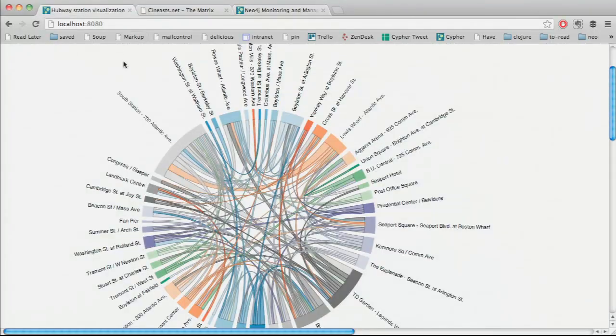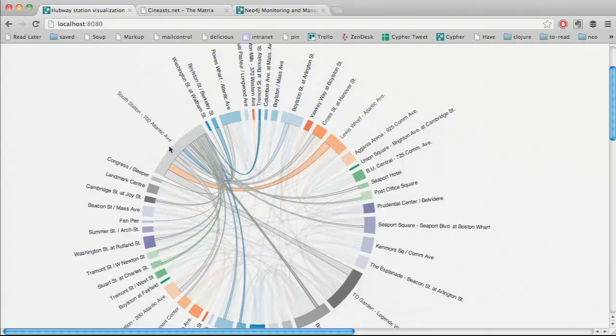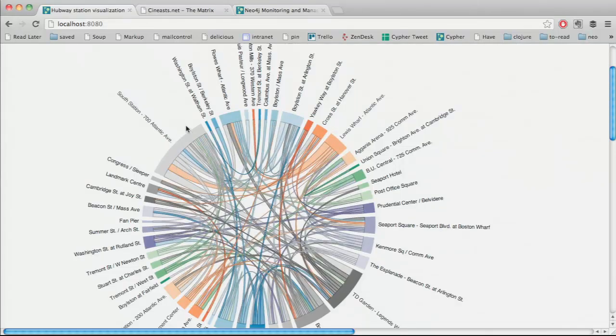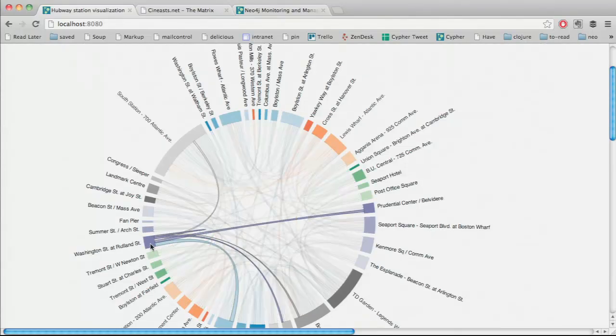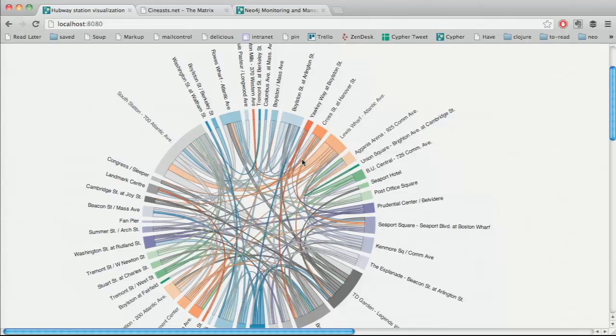It currently runs on the machine, and we have this nice visualization with these bands. Each of these segments is a station, and the width of the segment is the aggregated count of all rides from and to the station. The width of the bands is also the number of rides to a certain other station. If I highlight this one, I see all the rides to these other stations as well. Which leads us to the finish line.